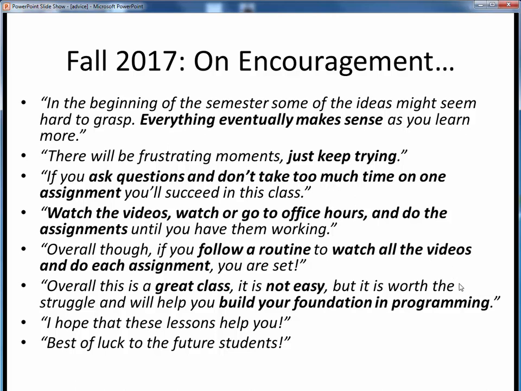Overall, this is a great class. It is not easy, but it is worth the struggle and will help you build your foundation in programming. I hope that these lessons help you. Best of luck to the future students. Well, there you have it. Last semester's students' advice to you. There's lots of useful, hard-won advice here. I'll surely be harping on many of these things during the semester, but please take heed of this advice from your peers. And hopefully you too will be able to pay it forward to next semester's students at the end